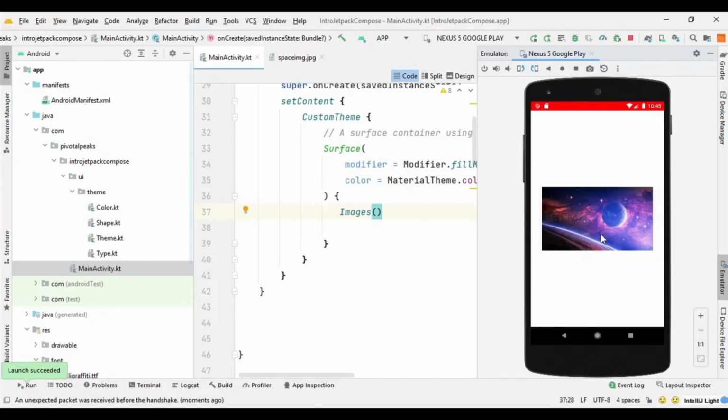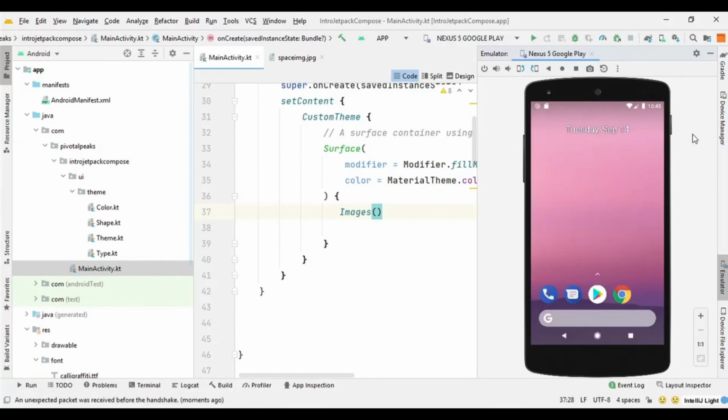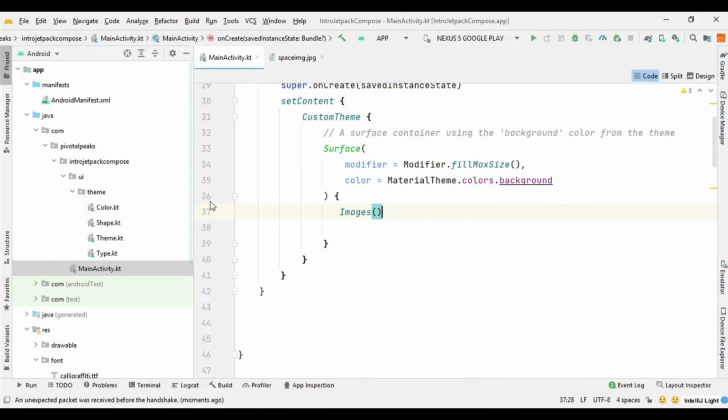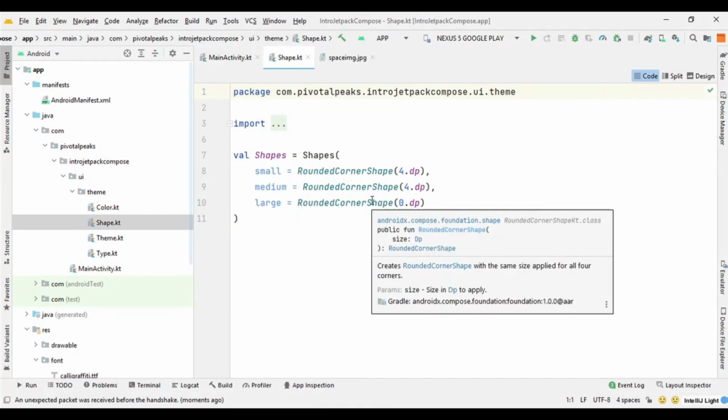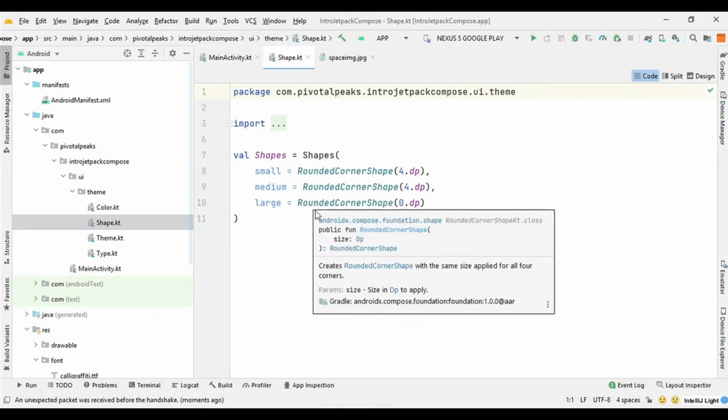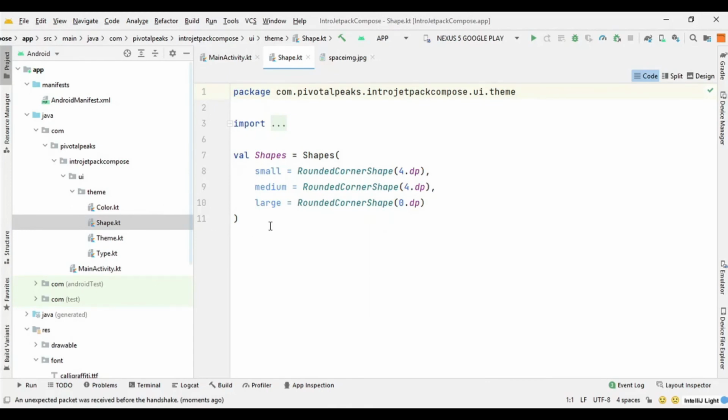So let's see how to manipulate it, how we can apply different shapes on it. To apply shapes, we can use two classes, the rounded corner shape and the cut corner shape. Here in our shape file, we already have rounded corner shapes. So let's use it and see how it looks.